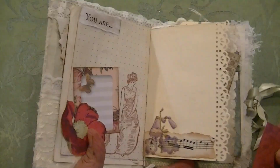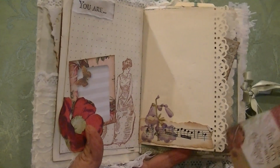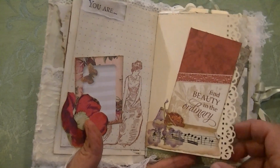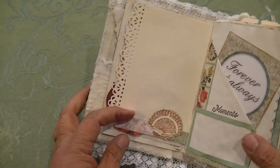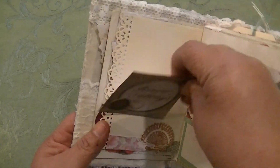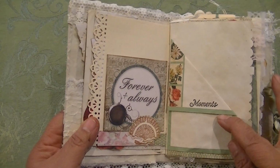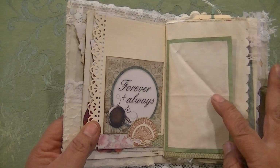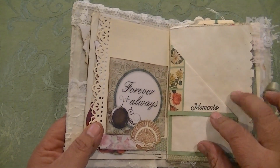Again, if you look at this, plenty of room to journal. Music is a tuck spot. Same here. This is a Graphic 45 stamp, and it's a tuck spot. And you can see this tag where it's there in either pocket. This is a memo pad that flips up and is a tuck spot so you can journal, and